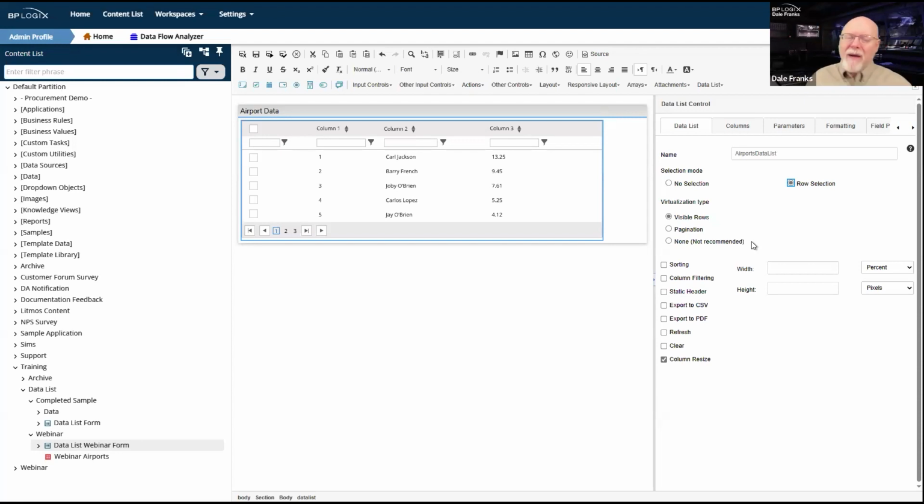So I have this big set of data, but I'm not actually showing you all of the data. Even though I've got buttons down here, if I pick pagination, or if I pick the other type, visible rows, I'll have a huge long scroll bar. I'm still not painting those records. Those records don't actually exist in the control if I'm not looking at them on screen. Whatever method of virtualization I choose, the system is only going to paint the number of records that are visible on screen. So there are two ways of doing this.